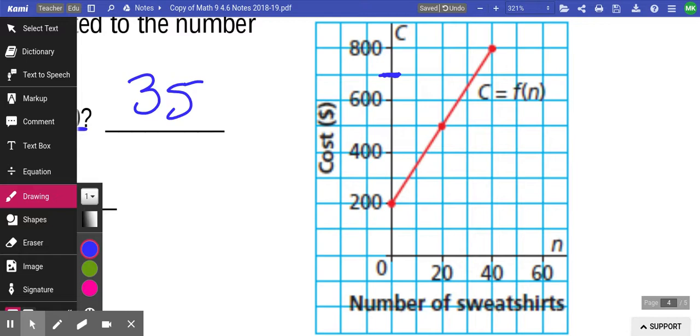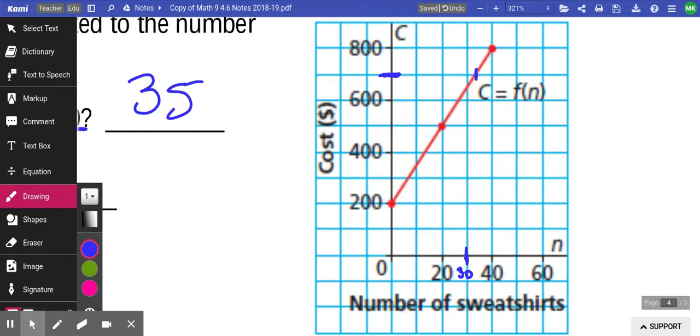So if I follow that line, I notice it hits right there, which is definitely past the other grid point. And that grid point is exactly 30. So my answer has to be in between 30 and 40. Now, if you guessed